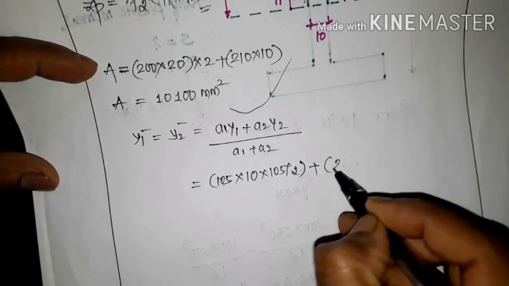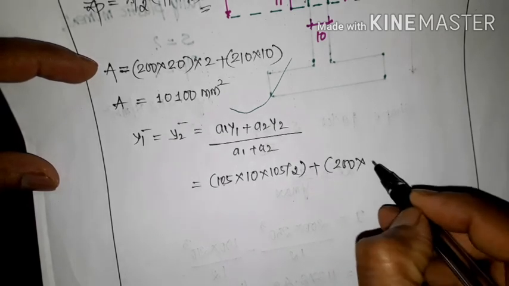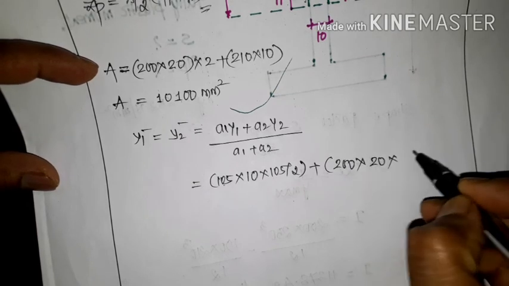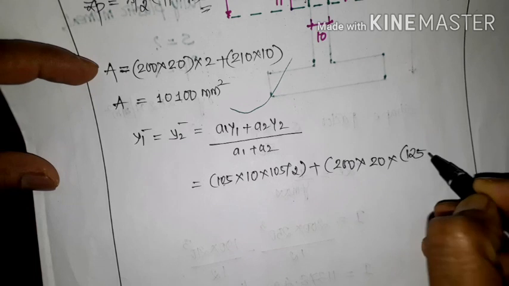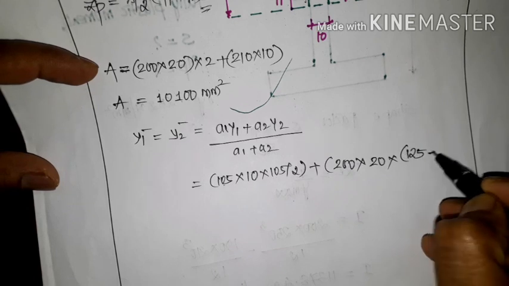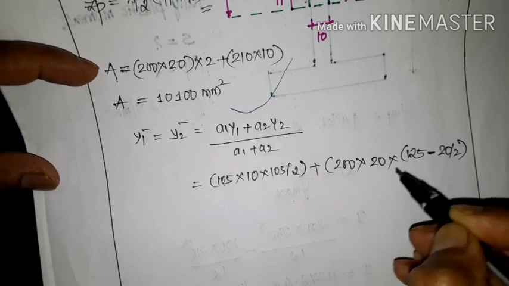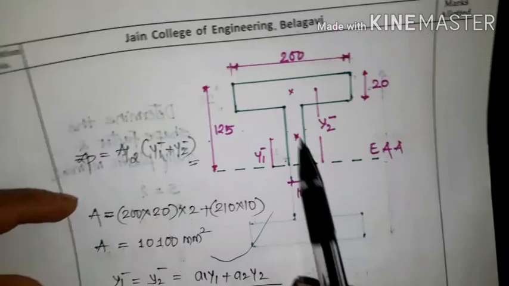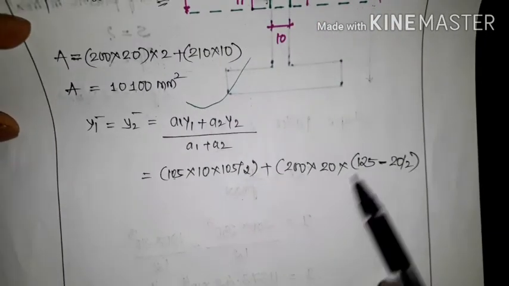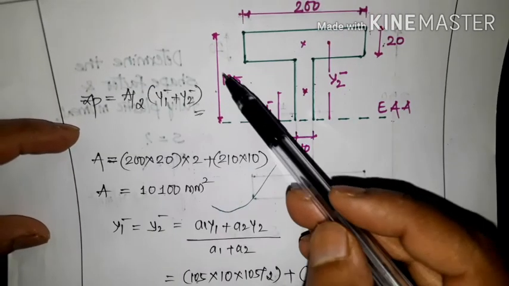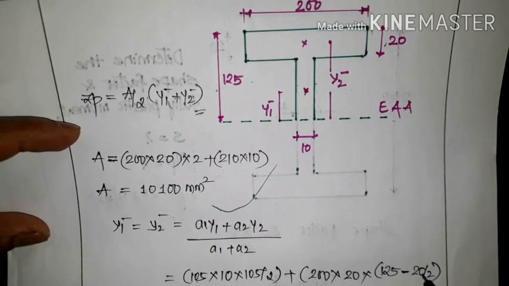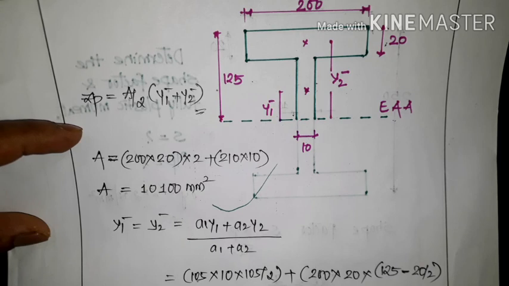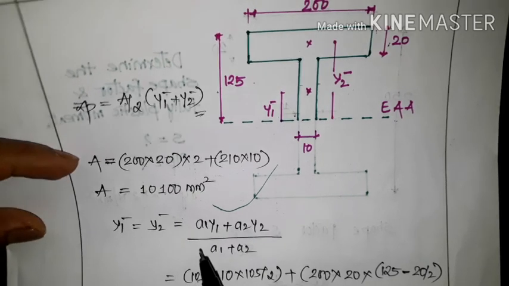Area a2 is 200 into 20, into (125 minus 20 by 2). So you can see 200 into 20 is the area, into the distance, which is 125 minus 20 by 2, divided by